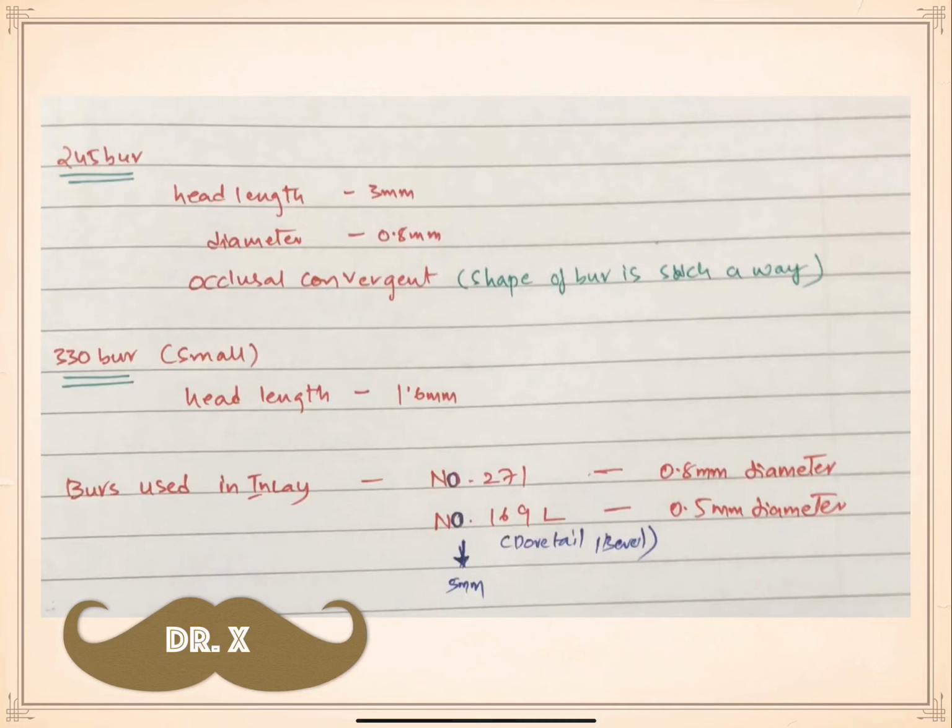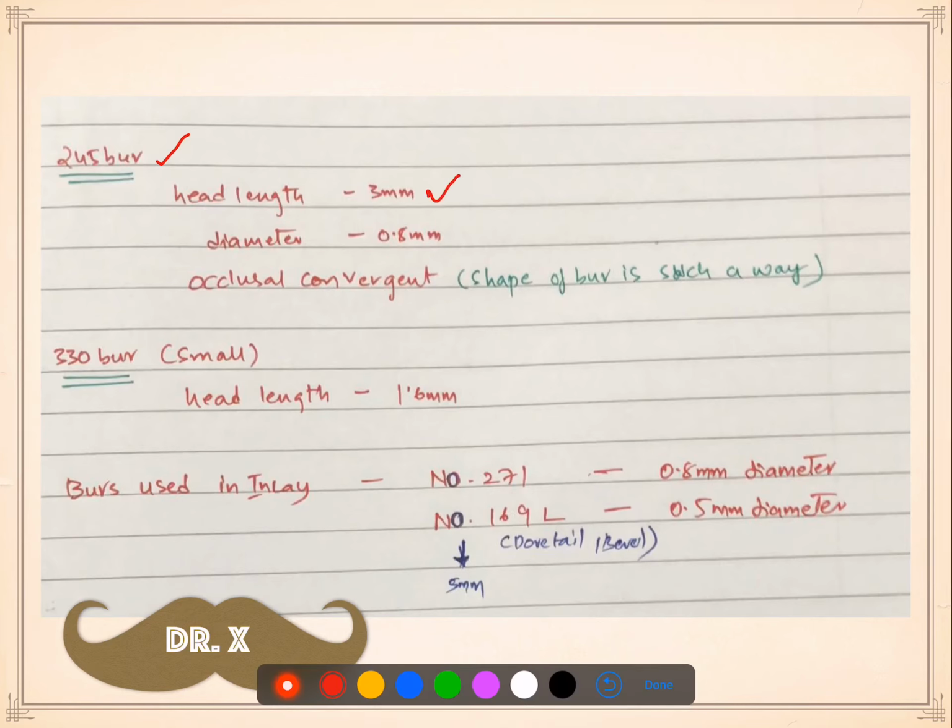Now I'm here to go with some quick recap, which are very important from an examination point of view. First, about the burrs and their dimensions: 245 burr. The length is 3 millimeters, diameter is 0.8 millimeters, and the main usage is occlusal convergence. And the smaller version of this burr is 330 burr, which is used in pedo patients, and the head